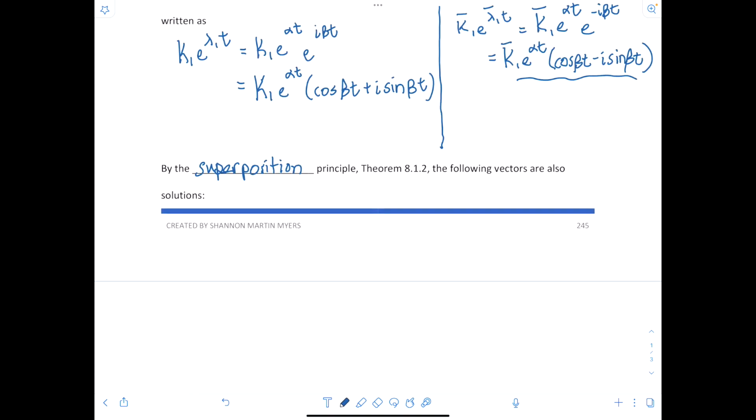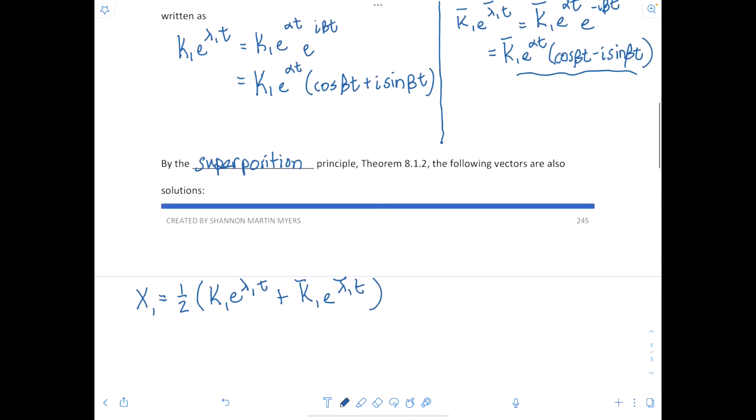By the superposition principle that we checked out in section 8.1 from Theorem 8.1.2, the following vectors are also solutions. So vector x1 equal to 1/2 times what we started with up above, so vector K1 e to the lambda 1 t plus vector K1 bar e to the lambda 1 bar t. But if you substitute in what we got as the final result for those, I've got one of them underlined already. Here's the other one. That's going to be equivalent to